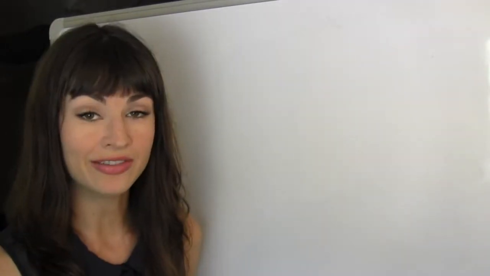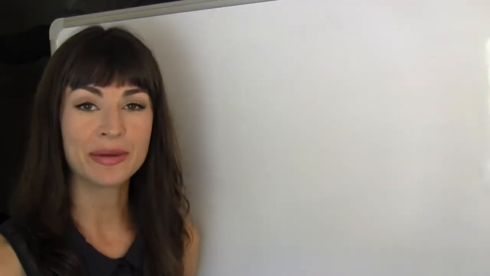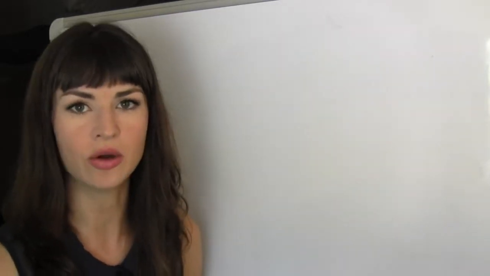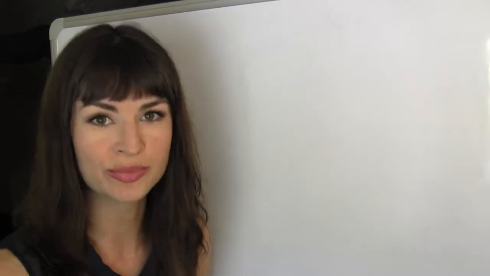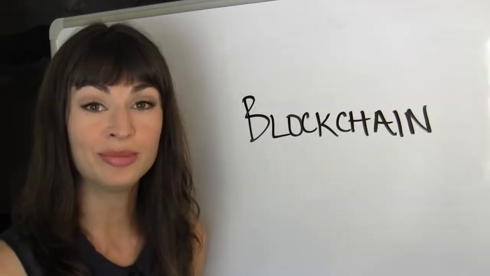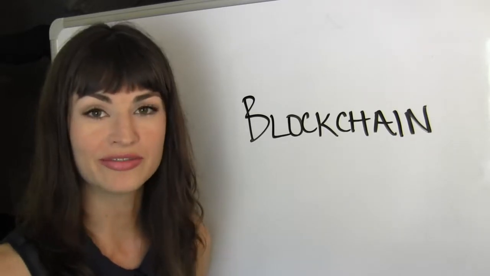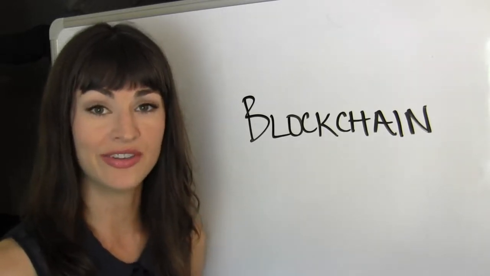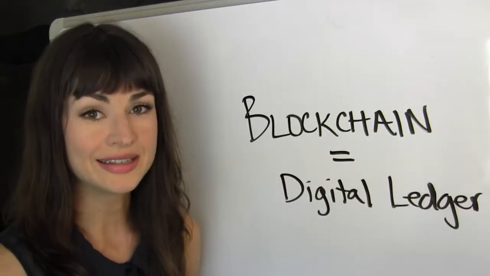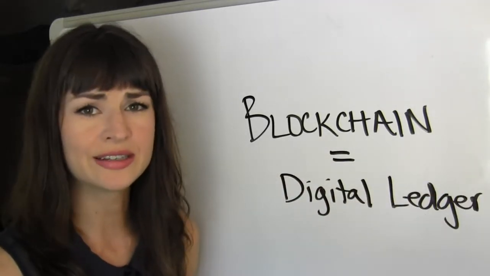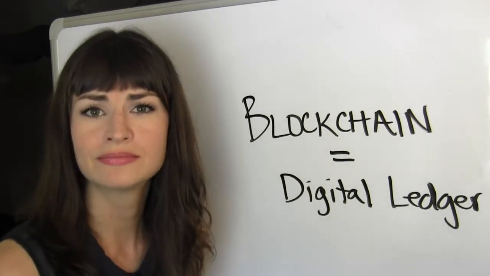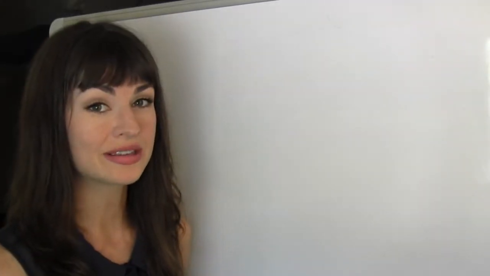This concept of a digital ledger makes up the entire foundation of digital currency, or as some also call it, cryptocurrency. And that foundation has a name: a blockchain. And now you can be confident that anytime someone drops this fancy word around you, all they're really saying is digital ledger. But if it's a digital ledger, why call it a blockchain? What does that mean? Well, it has to do with how this ledger works.